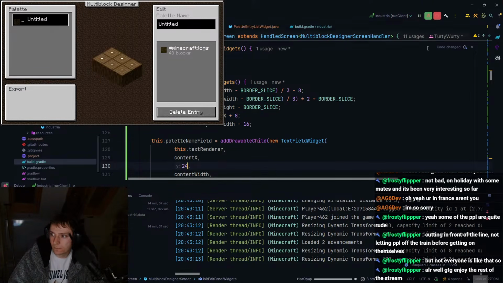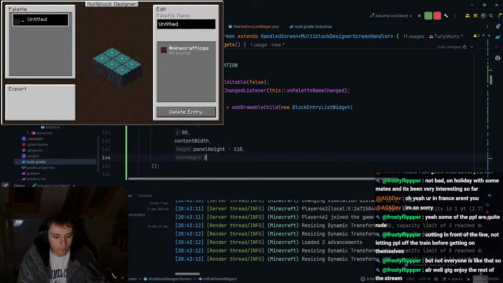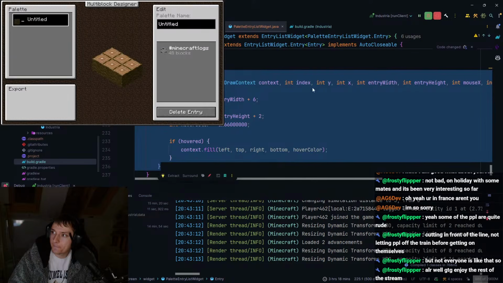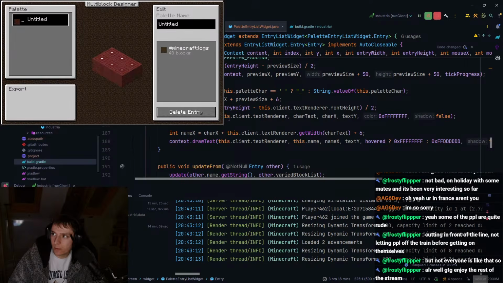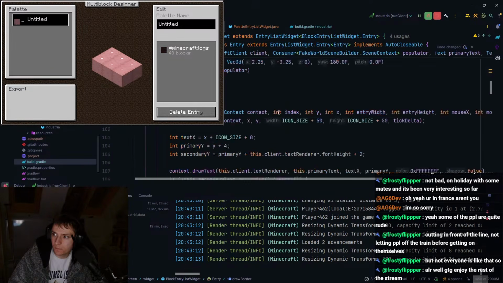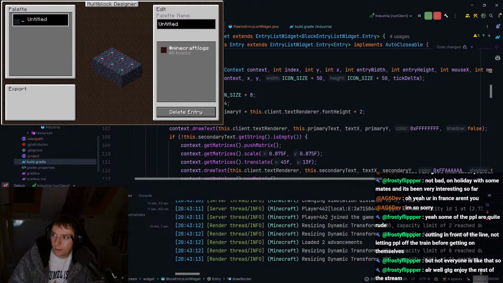So let's do the same here. No, not that one. Wait. No, not that one. Oh, this one's... Wait, no, not that one. This one, 24. It's getting confused. Okay, that actually didn't change anything on this one, which is kind of interesting. What that just means is when I render the